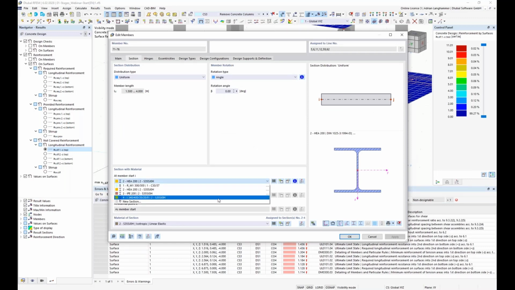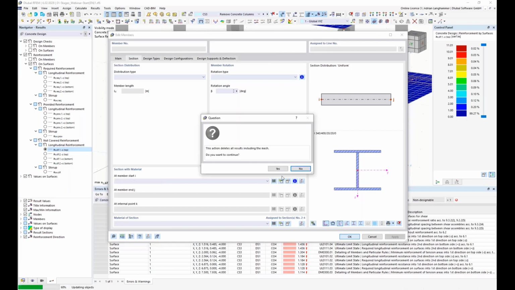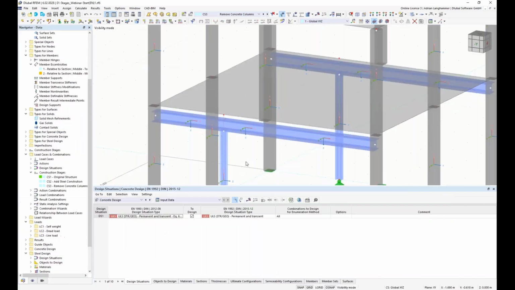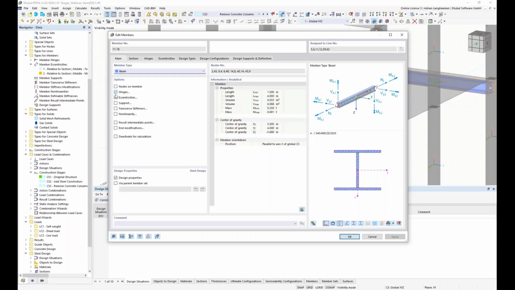Here I have, for example, an already prepared welded cross section, which has exactly the height of the thickness of the concrete slab. So it is 30 centimeters here, and I can change the cross section, and I can remove the eccentricity,